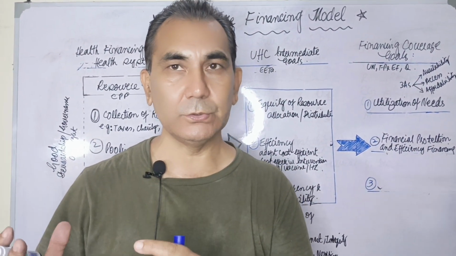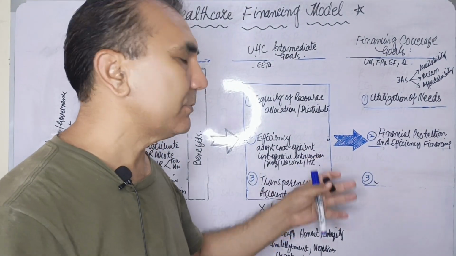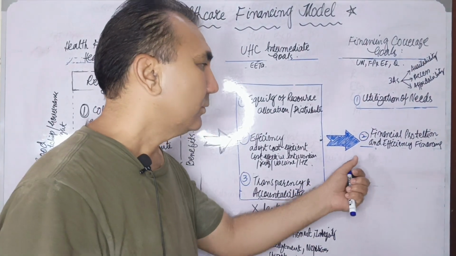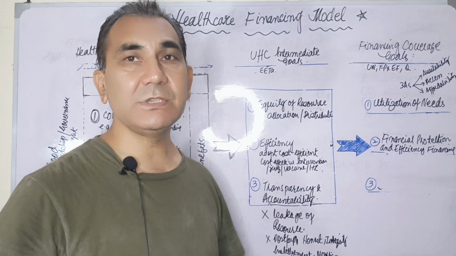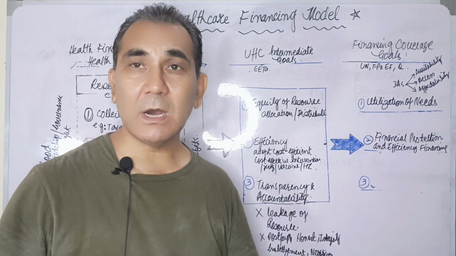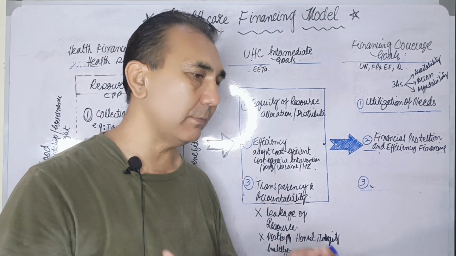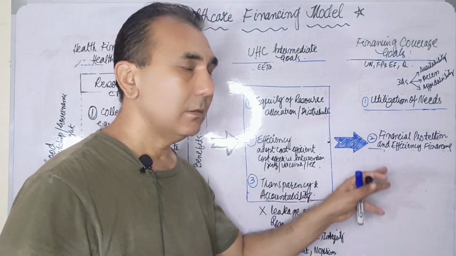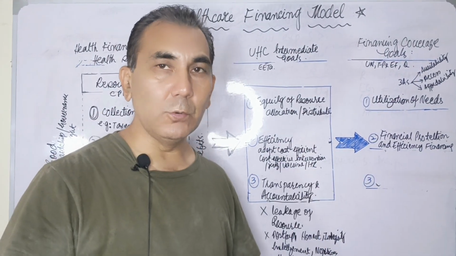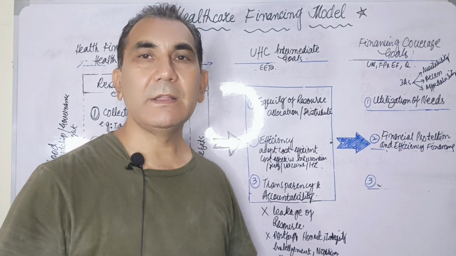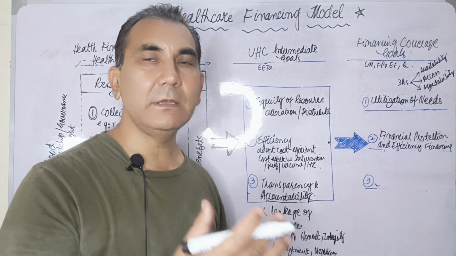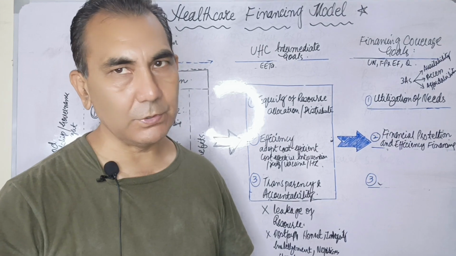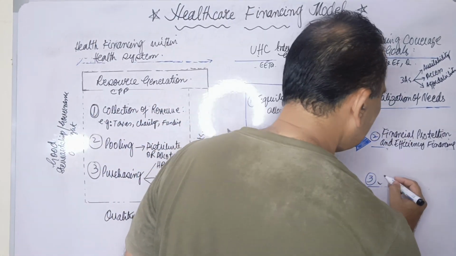It is solely the responsibility of the government or good governance to provide the healthcare services in the form of the Bismarck model, through the Beveridge model, or through the National Health Insurance Scheme. By this mechanism you can provide financial protection to your community and your people. And the last one is